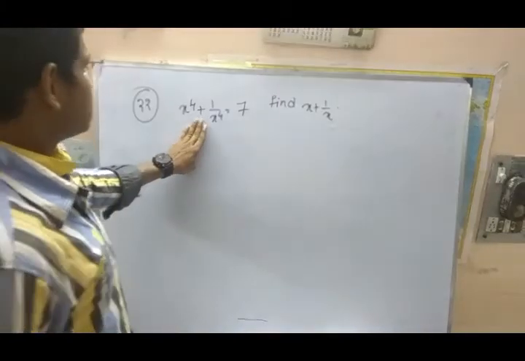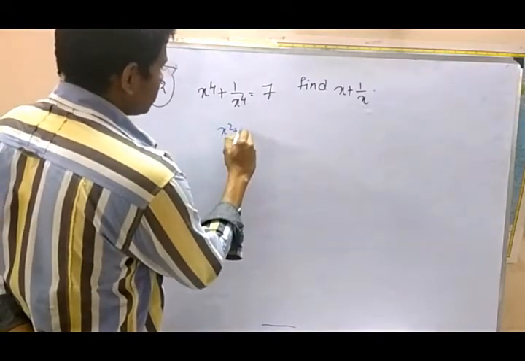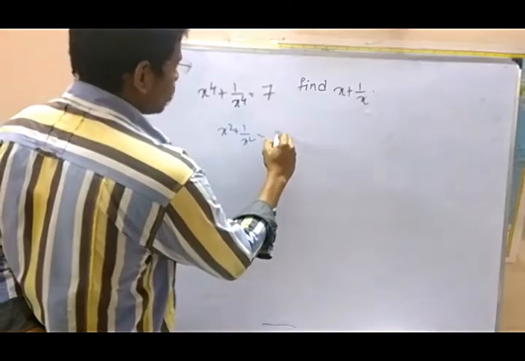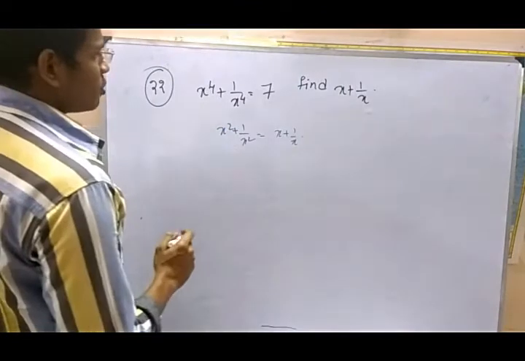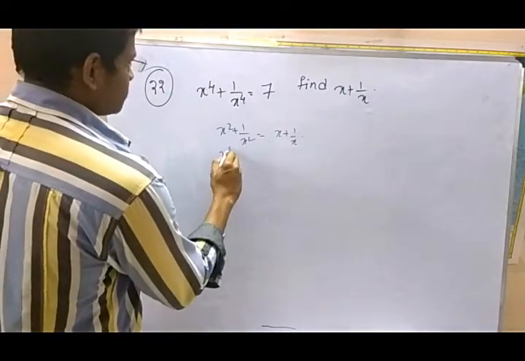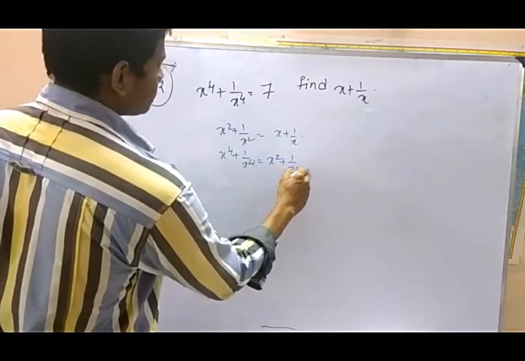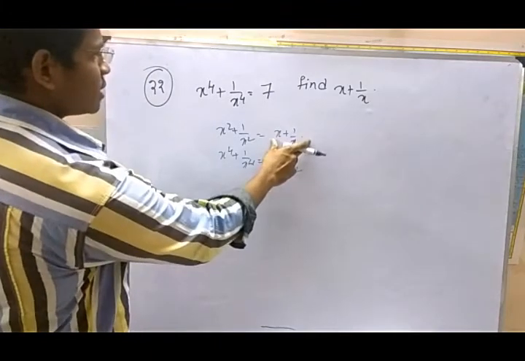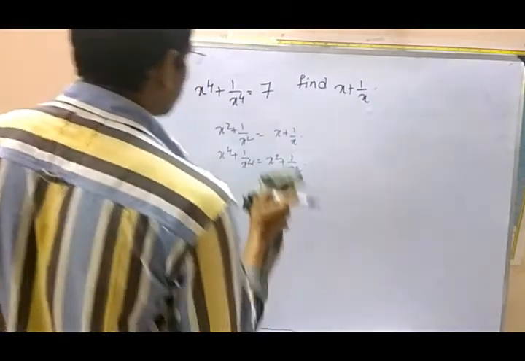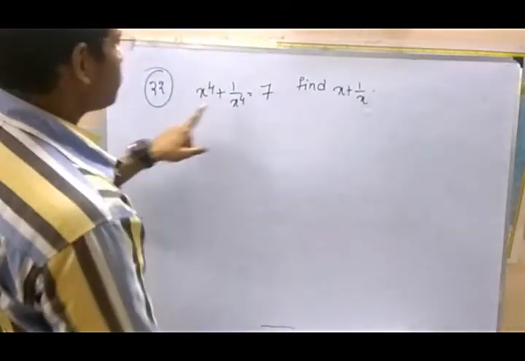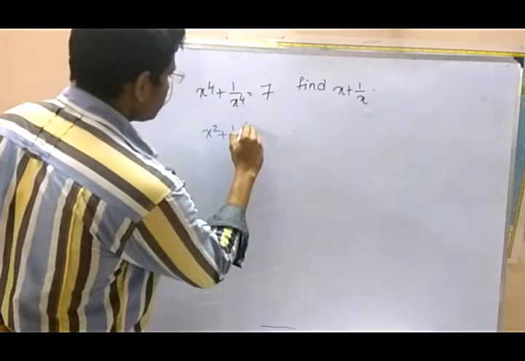See student, the same thing. We know that if we have x square plus 1 by x square, we got x plus 1 by x. So, in order to get x power 4 plus 1 by x power 4, we need to convert it into x square plus 1 by x square. Okay, and again if you want this, we need to do this. See, I will solve you one question so that you will get to know how to solve this question easily. So we have x power 4 plus 1 by x power 4. So take x square plus 1 by x square, squaring.